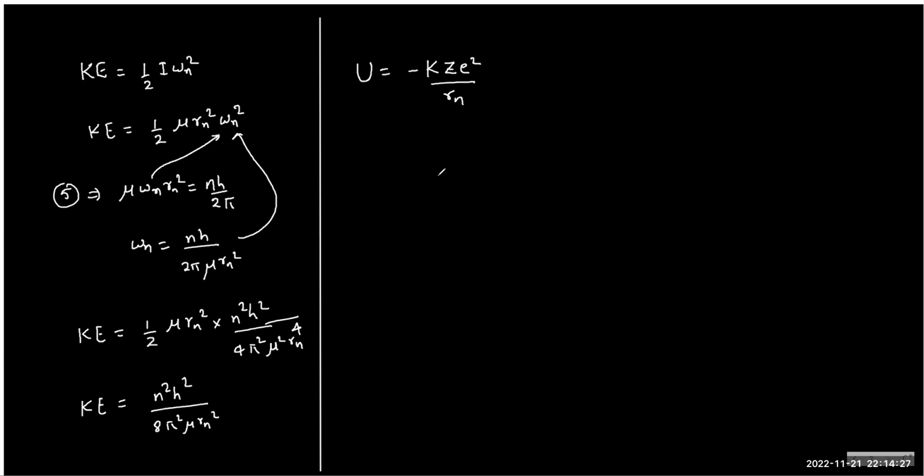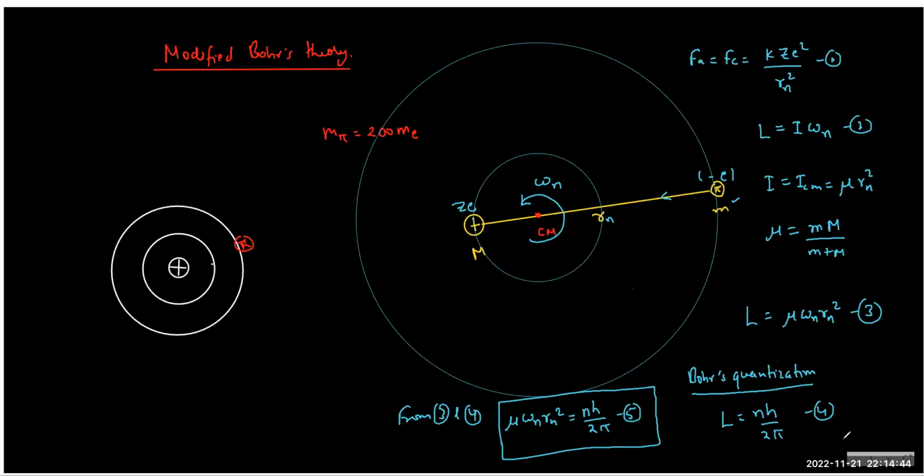Okay. So we have written every formula. Moment of inertia is done. Omega we have replaced. So now we need to write the total energy. And before that, we need one more equation: the equation of circular motion for any individual particle. You can write the circular motion for either small m or capital M. So for that, you need to know the